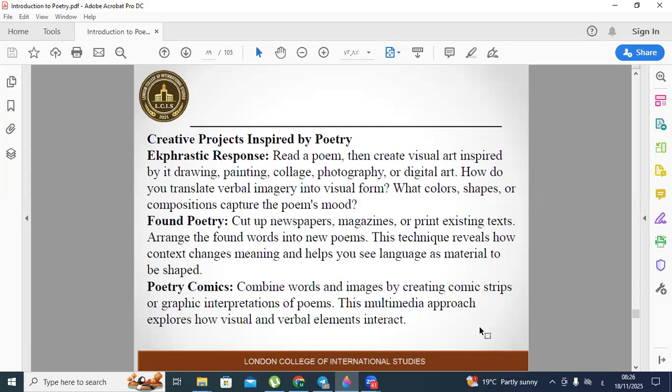William Burroughs and the Beats used the cut-up technique. Contemporary poets create found poems from legal documents, instruction manuals, and spam emails. It's playful but teaches serious lessons about language and meaning. Now let's move to